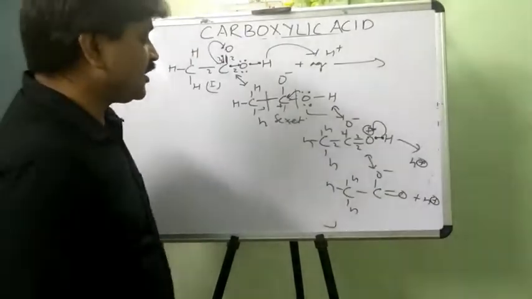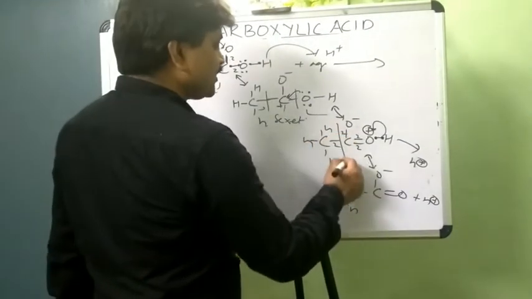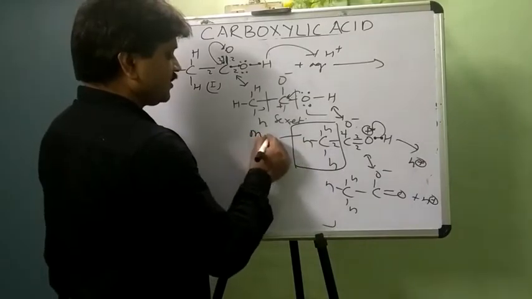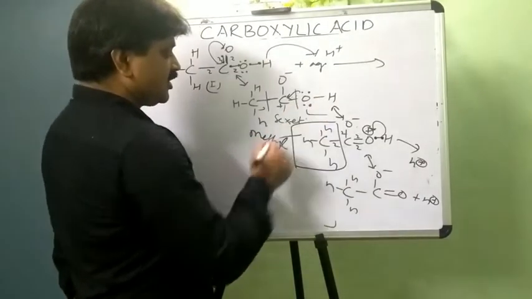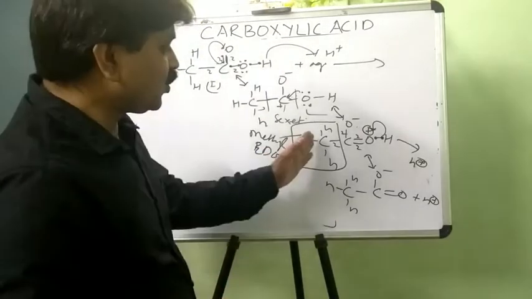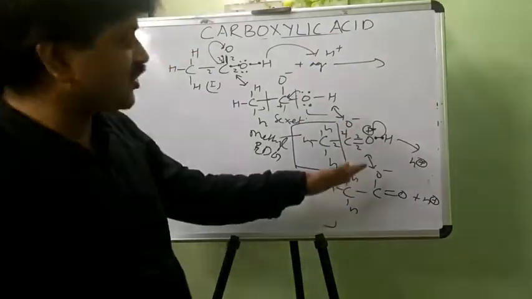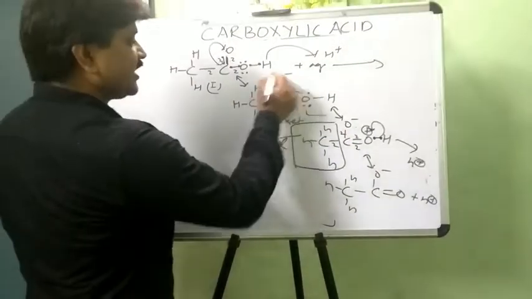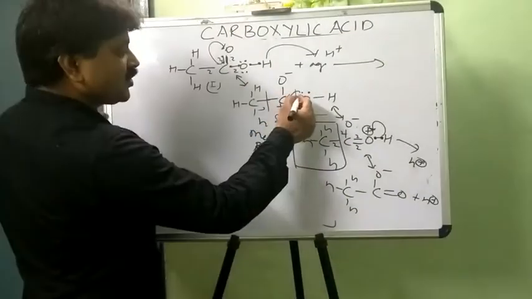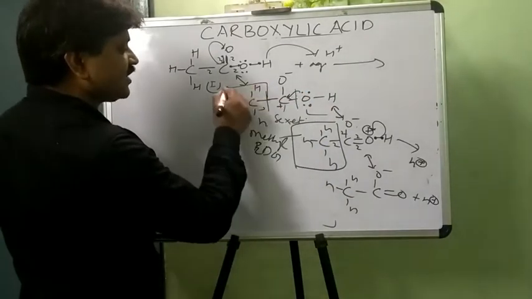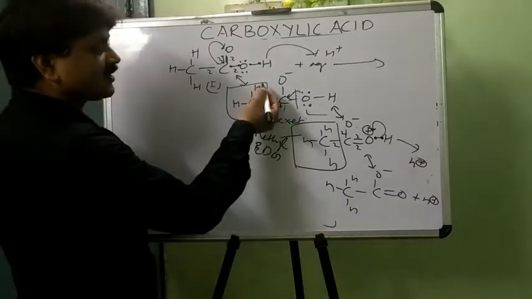But whenever any electron donor group is present on the carbonyl carbon, just like the methyl group here, it is an electron donor group. What is the role of an electron donor group? It can donate electrons and intensify the electron density on the carbon atom. Just like here, you will see negative charge. So before going to the oxygen atom, it first tries to get the electron from the electron donor group. How does it give the electron?